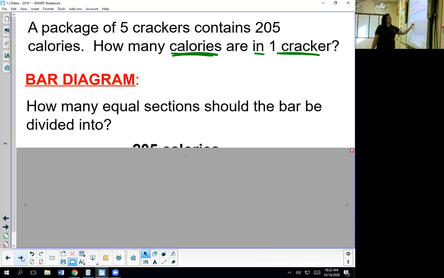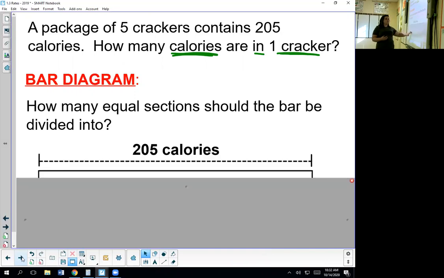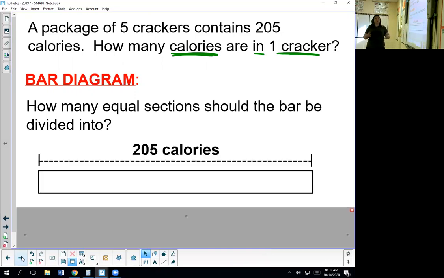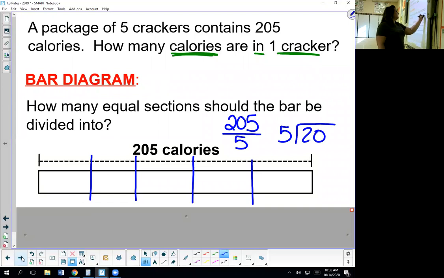Okay. So think about it this way in a bar diagram. How many equal sections should the bar be divided into? If I have 205 calories as the total and I have 5 crackers, that means I am cutting this into 5 equal pieces. Now mine are as good as I can get. So what would be in each box here? Well, you're taking 205 and dividing it by 5. How many 5s go into 20? That would be 4. And how many 5s go into 5 is 1. So each of these would be 41 calories in each